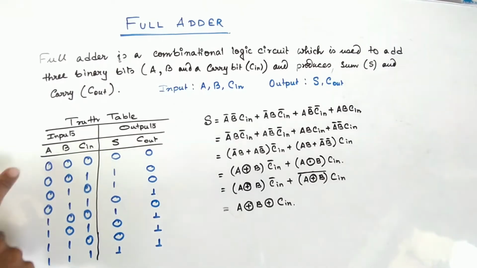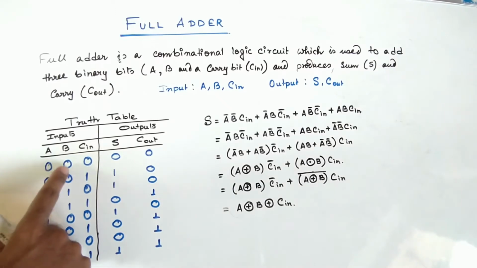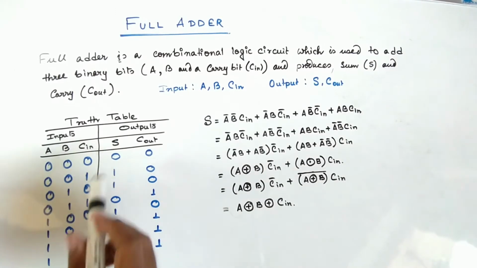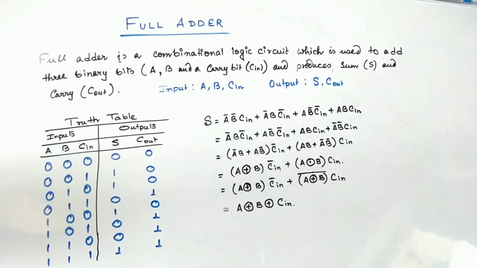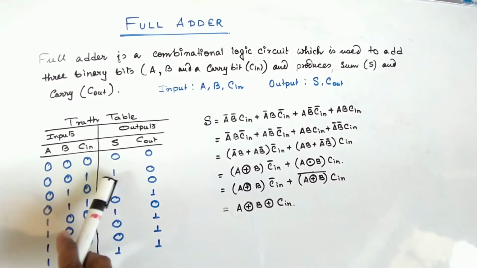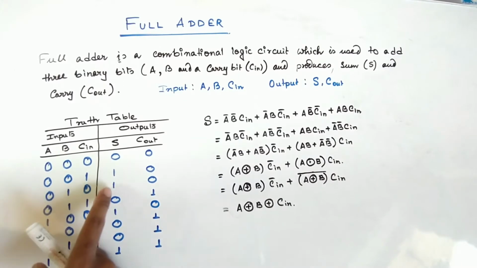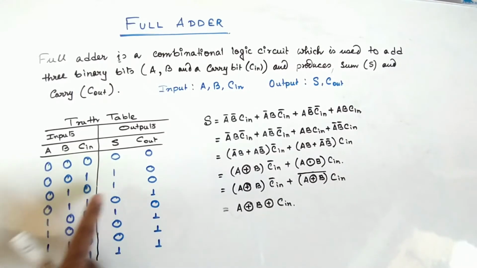So 8 rows will be there. Suppose we are performing the addition of 0 with 0, that will bring us the result sum as 0 and carry out which is also equal to 0. Here we are adding 0 with 0 which results in 0, and again we are adding 0 with the carry in 1, so it brings us the sum as 1. Here we are adding three binary bits 0, 1 and 0. Again the sum will be equal to 1 and carry will be equal to 0.